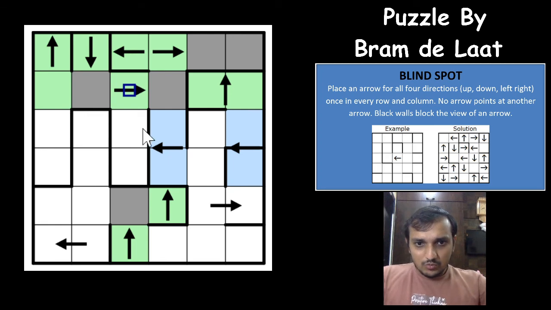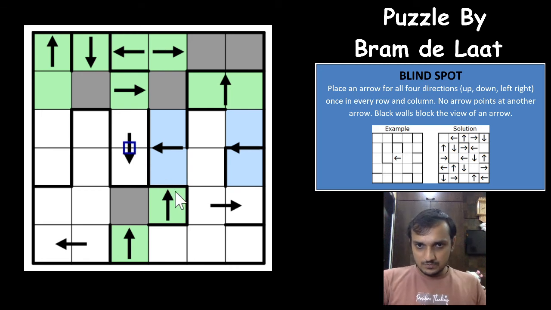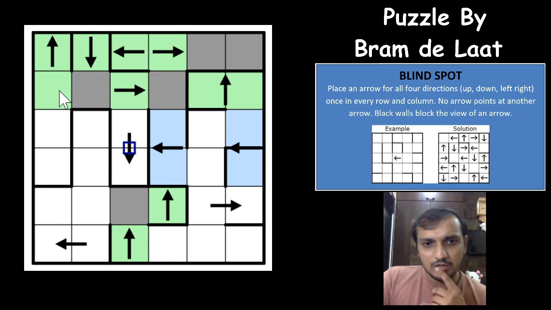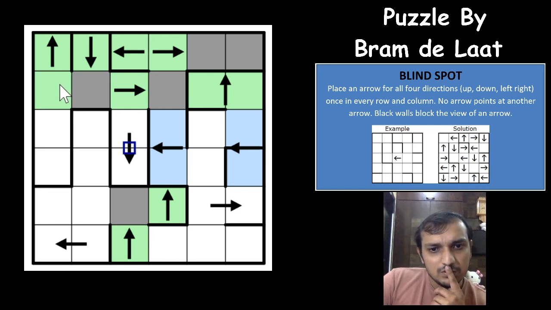Okay. What about the lower arrow? Lower arrow can be in any of these two cells, right? Lower arrow cannot be here. Lower arrow can be here or here. So you have the upper, right, left or lower. Left is still possible here. Can a lower arrow be here? So if you have a lower arrow here,